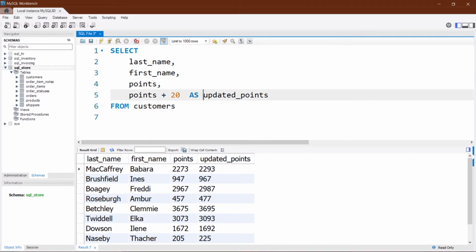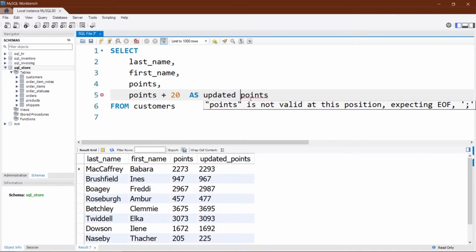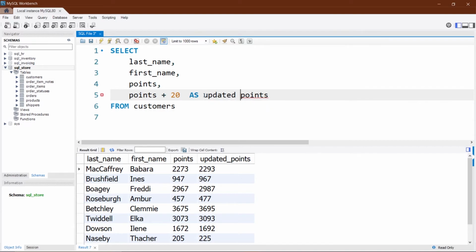Here you can see I have written updated points this way. But let's say you want a white space between the words updated and points. You cannot just give a space here, otherwise you'll get an error: points is not valid at this position, expected semicolon. What you need to do is define it in a string.